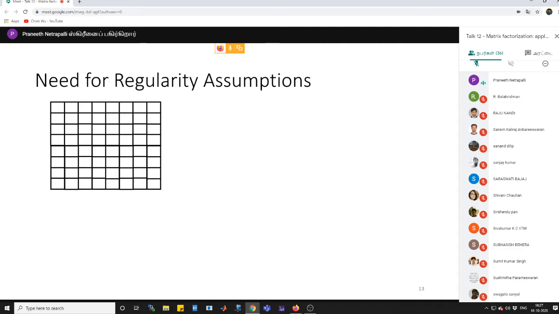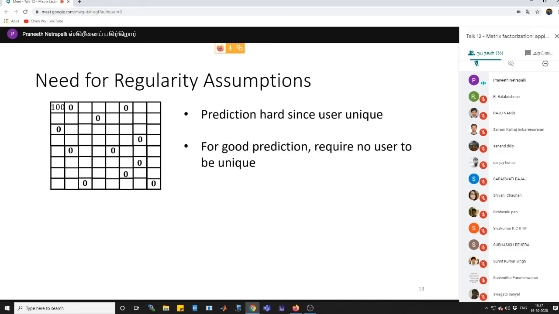Let me try to explain why we need an additional assumption in addition to the low rank assumption on the matrix. So let's say we observe all entries as zeros here, right? And then we are asked to predict this entry. And let's say we are told that the matrix is rank 1, right? So it's very much possible that this entry is either 1 or 2, or it could be any number. And this entire matrix will still be low rank by filling in zeros everywhere and only changing this entry, right?